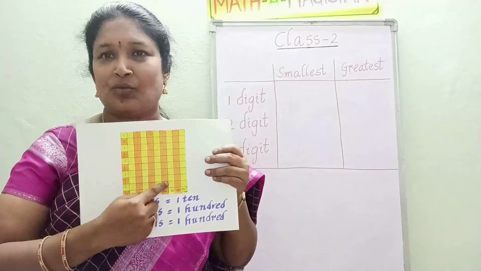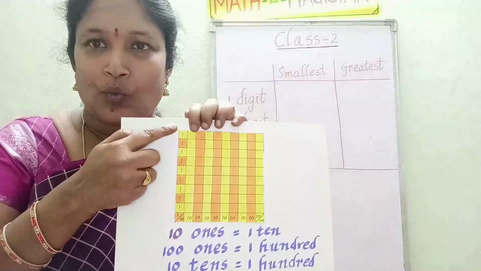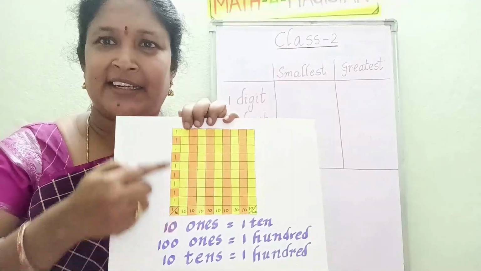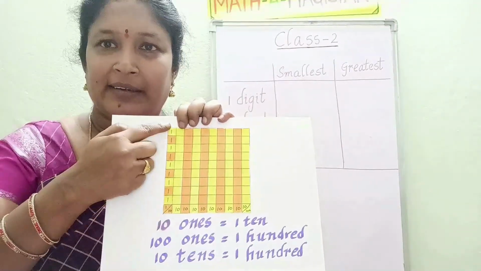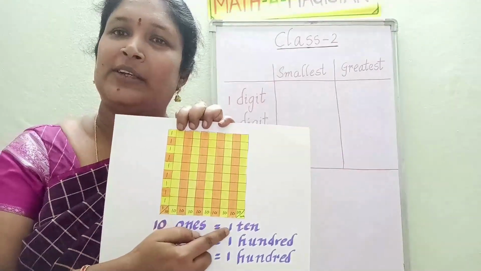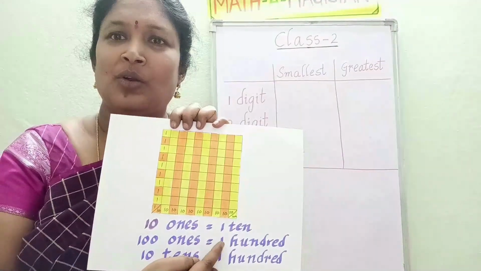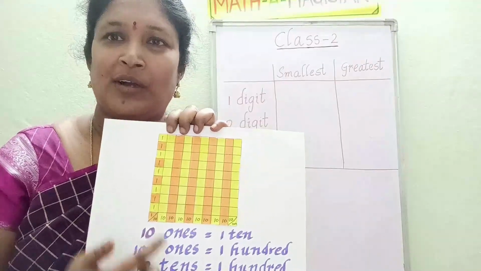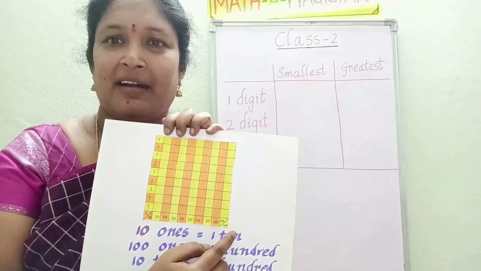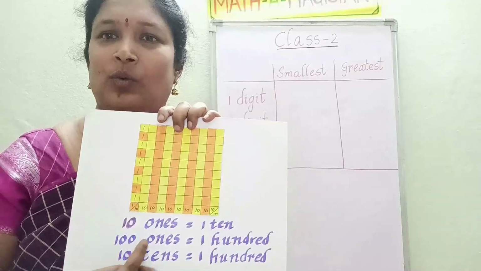So what is this children? 100. So here once see, 1 1 1 1 1 like that is there. So in one straight line 10 ones are there. So see here, 10 ones is equal to 10 and next 100 ones is equal to 100. See here total how many blocks are there? 100 blocks are there. Those are called 100 units. So 100 ones is equal to